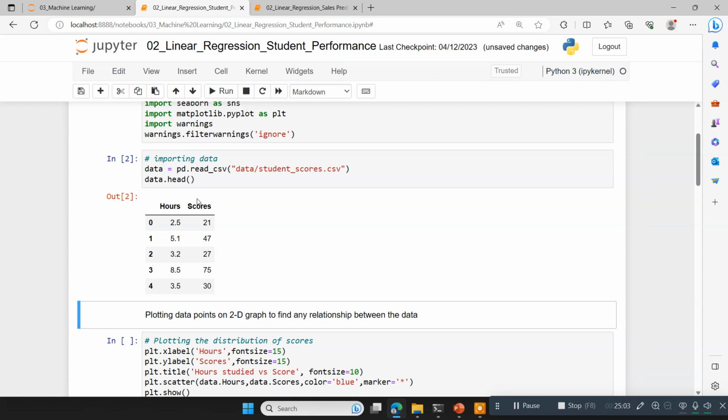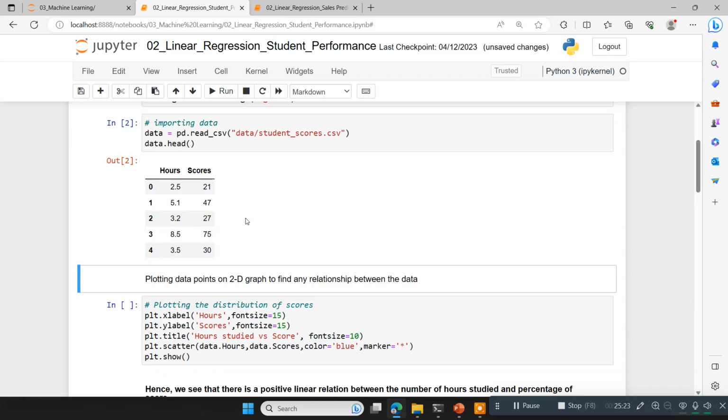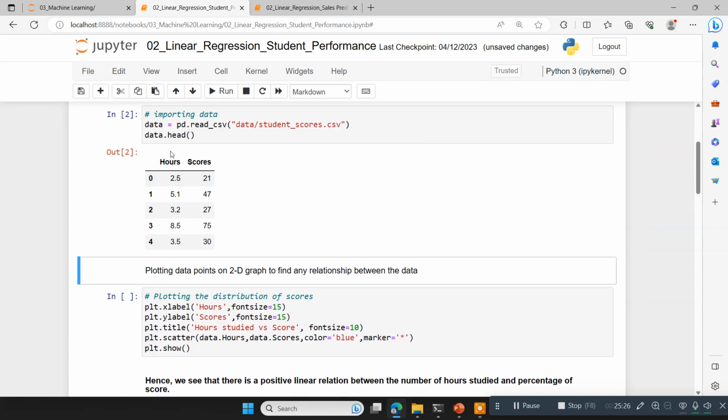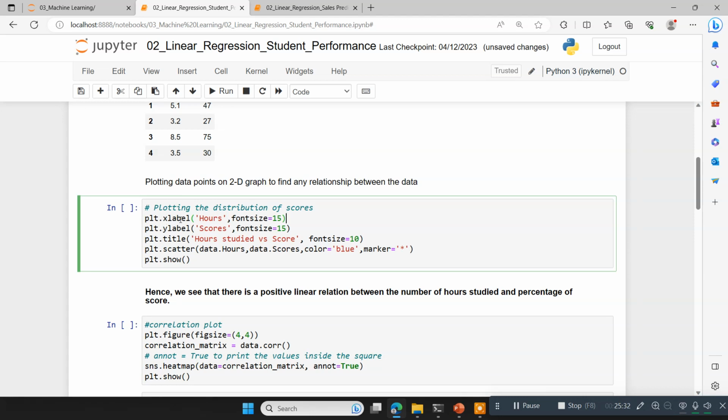So we will take score as the target variable and hours as the independent variable. So if the number of hours is increased, then is the score going to increase or not? Obviously the score increases, because if you study more hours, then the score increases. So you can also plot the relationship between these two variables, hours and score. So by using matplotlib, on the x-axis I'm showing hours and on the y-axis scores, and specifying the font size as well,